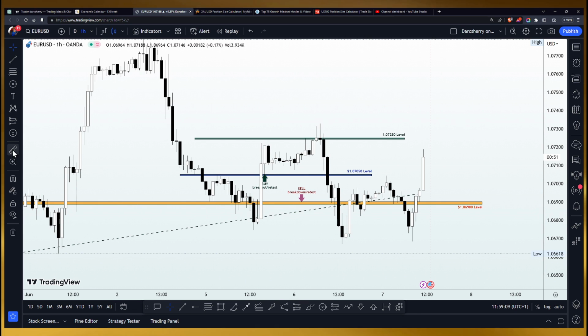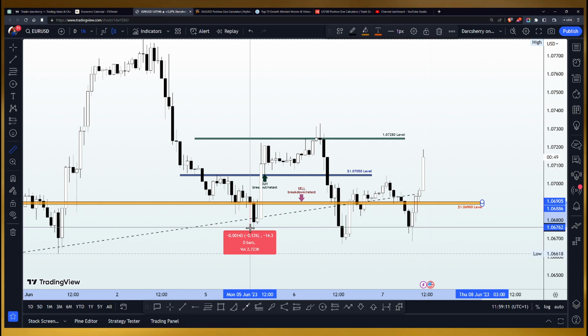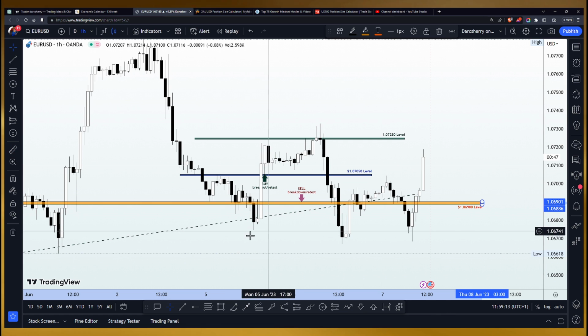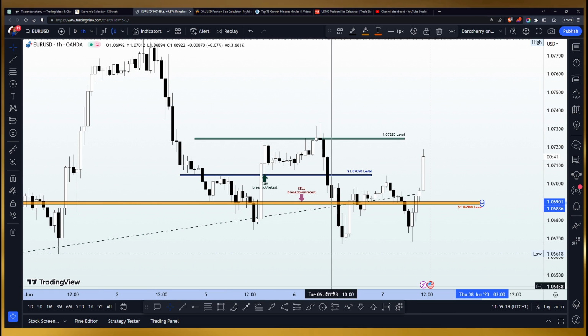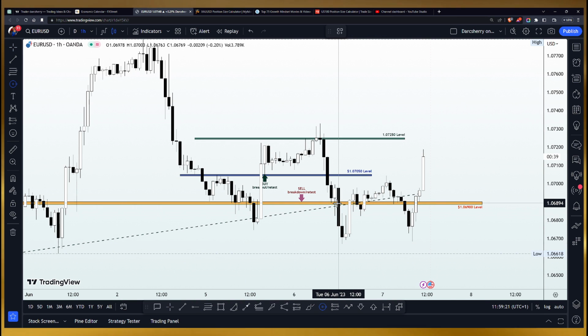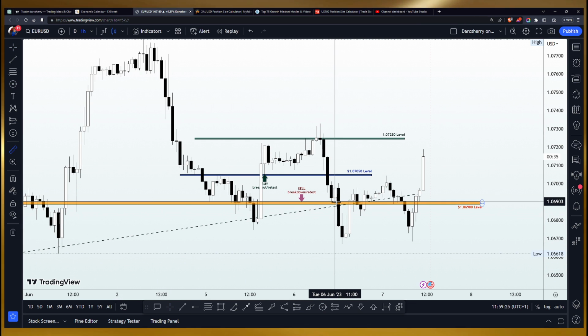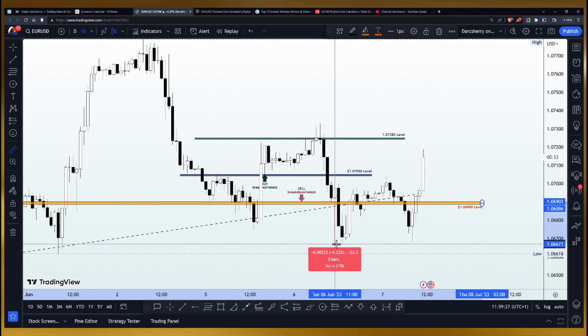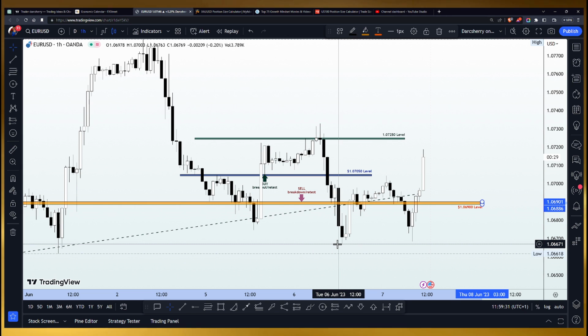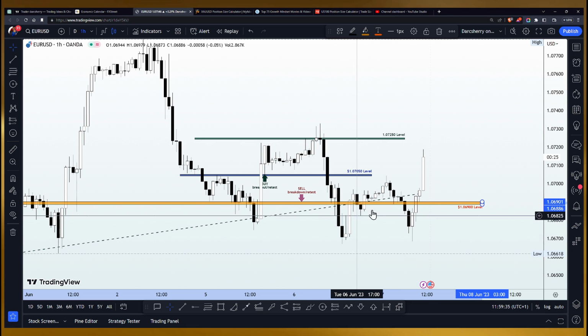We saw price move about how many pips here? About 20 pips. And I hope you moved your stop loss. If you had done that, you would have been taken out, in a worst case scenario, at break even. Then we also saw another scenario here yesterday after our live session. We saw price action drop again below the key level, moving about another 23 pips in profit before we saw price move against us again. And I do hope you moved your stop losses accordingly.